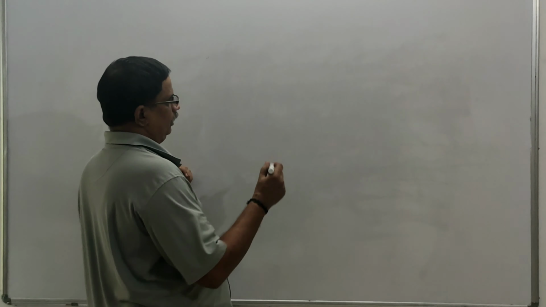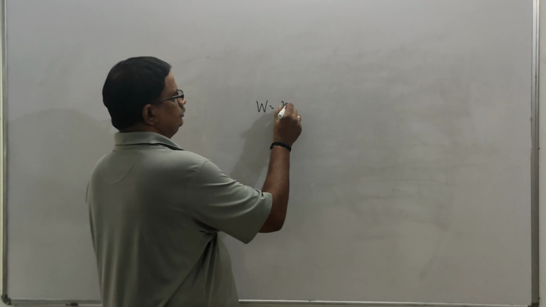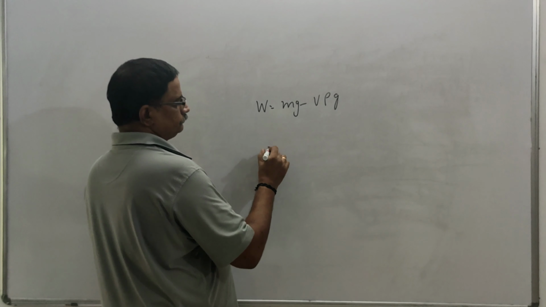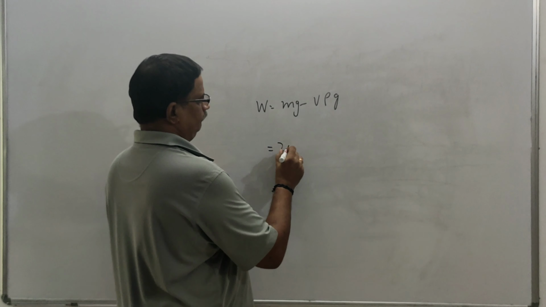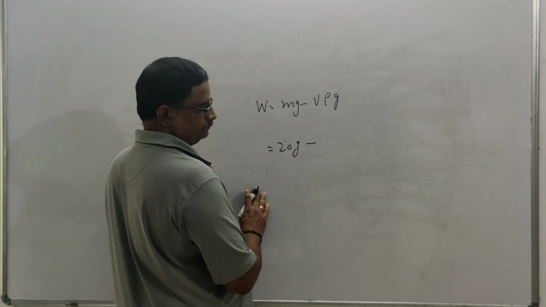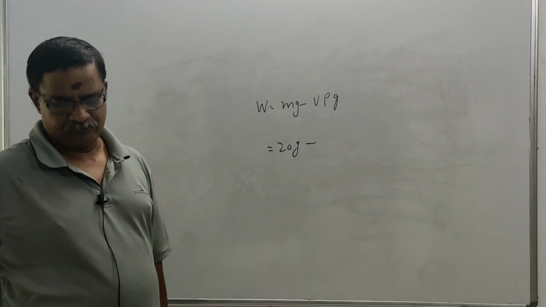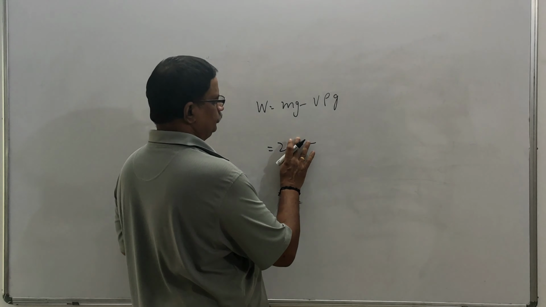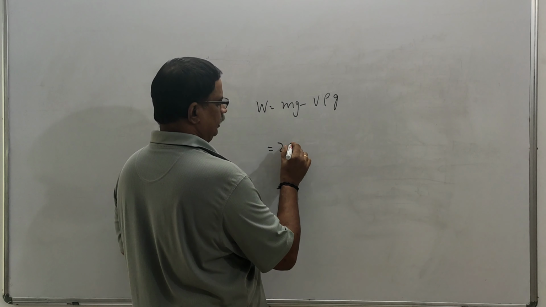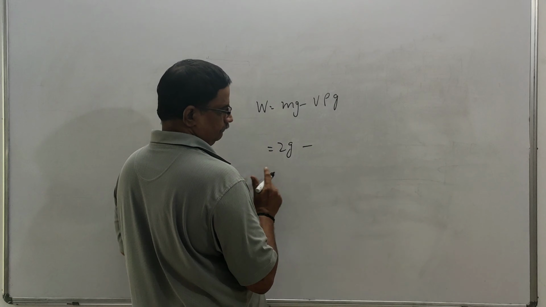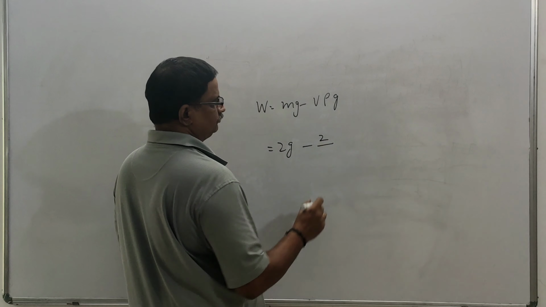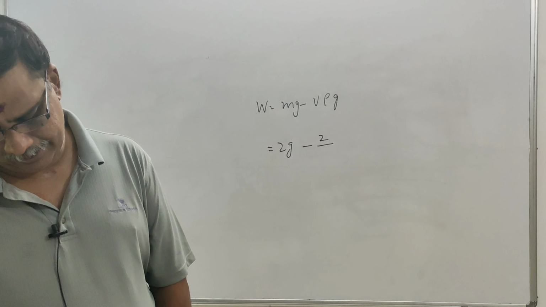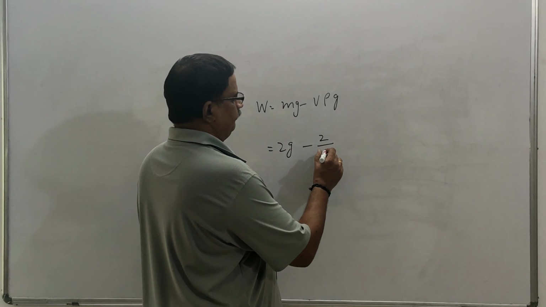So when the bucket is underwater, the force to be applied is mg minus v rho g, which is equal to the apparent weight of the bucket. And the weight of the bucket is 20 kilogram, 20 g, minus the volume of the bucket. I'm sorry, this is only 2 kilogram. So 2g, a 20 kilogram bucket will not be there. 2g minus volume, mass by density. Density of the material of the bucket is 8, specific gravity, which is relative density.